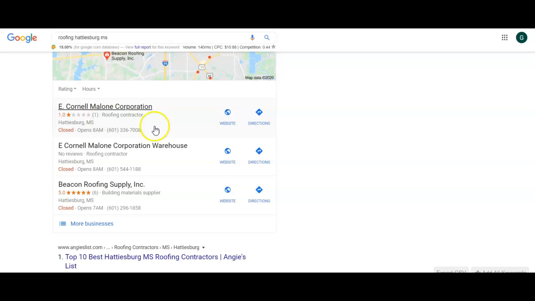But the way you get ranked up here is you create a GMB and you fully optimize it. What I mean by that is just making sure everything is filled out. You need to make sure you add lots of pictures and save them the way I told you. And once you get it published, the next thing to do is to